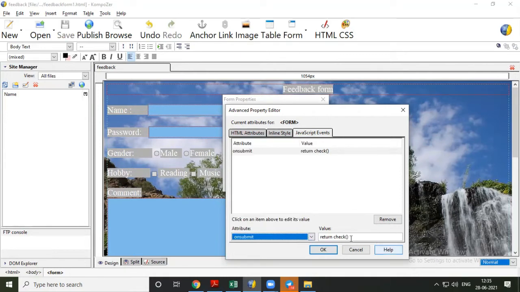That means we have used one function with this submit button. So when user will click on this submit button, then this function will be called. Okay. So on submit event will do what? It will give control to this function. So this function name is user defined. You can give any name here as function name, like check form or validation or HTML validation, whatever name you want to keep, you can keep here as your function name.